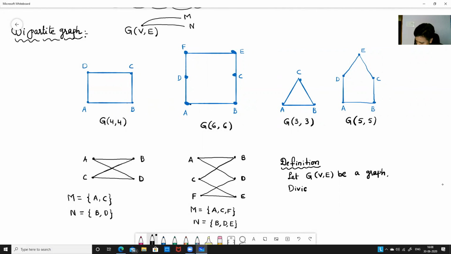Divide the vertex set V into two disjoint vertex sets, say M comma N, such that